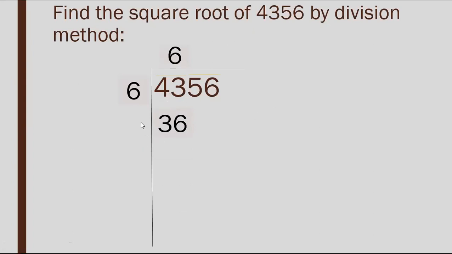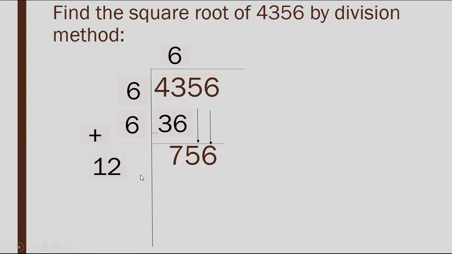So, when we subtract 36 from 43, what we get? 7. Okay, and the pair of 56 will be copied as it is. This is a pair of 56, so we have to copy the whole pair at once. Now students, what about the left hand side? Here on the left hand side, 6 is multiplied with 6, so we have to add 6 here. 6 plus 6 is 12.